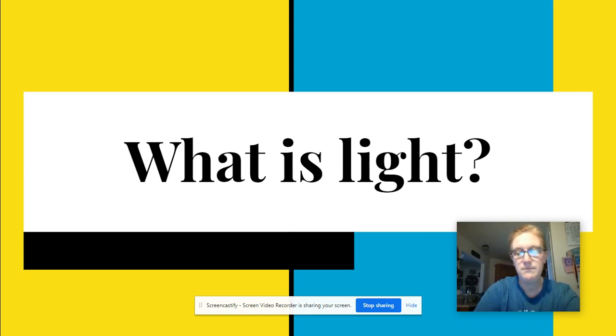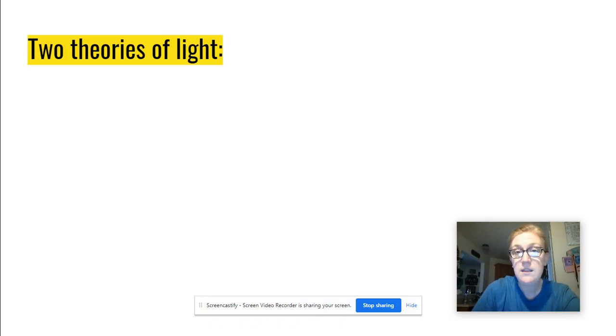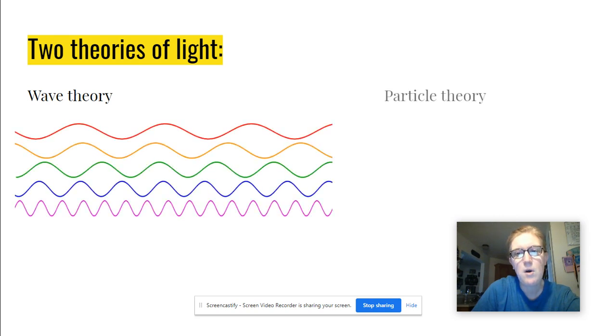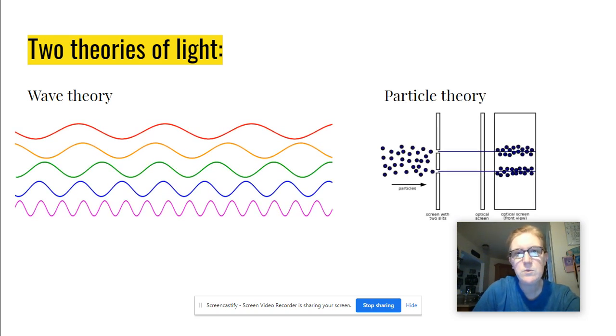But here we go. Okay, there are two main theories of light. There's a theory called the wave theory, and then there's the particle theory. Basically, the big difference between the two is that the wave theory looks at light like it travels in waves, like it's going to have amplitude and wavelengths and frequencies. Some of them are going to go really, really fast. And then there's the particle theory that basically says that light would act like little particles, and that's why they behave like they do. Where sometimes they'll kind of get split into different areas is because they act like individual little pieces. Okay, so those are the two big theories.